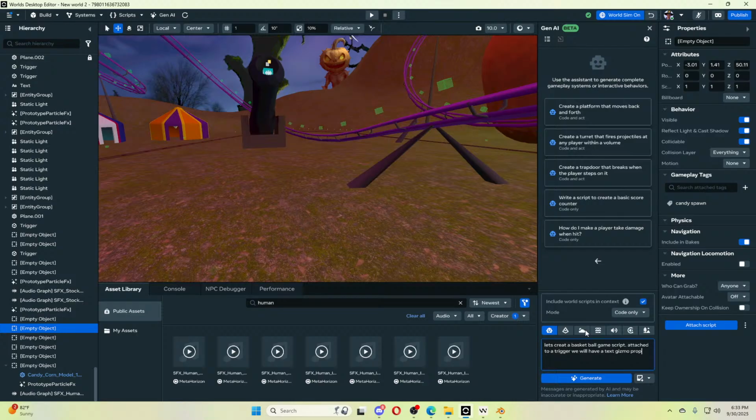We're asking for a text gizmo script attached to a trigger. I already called it a basketball game, right? So it's knowing we're going to be wanting to do a basketball game. And then I'm saying I want to connect it to a trigger. It will have a text gizmo prop to display points. Okay. And when it pops,